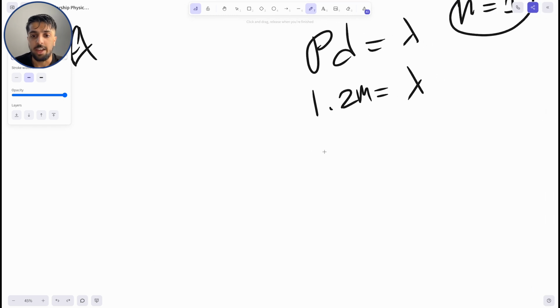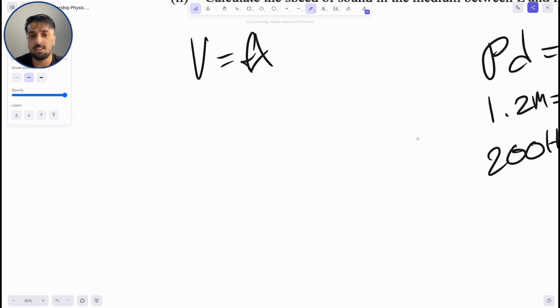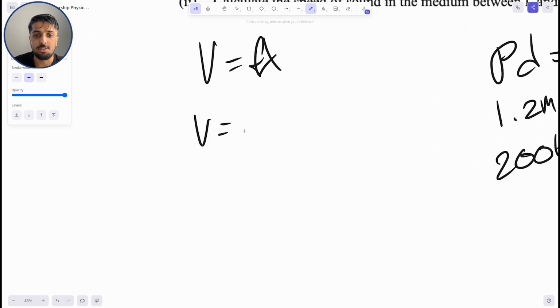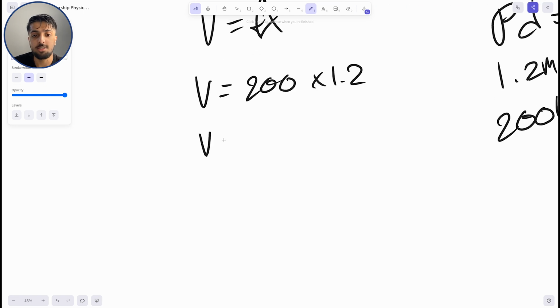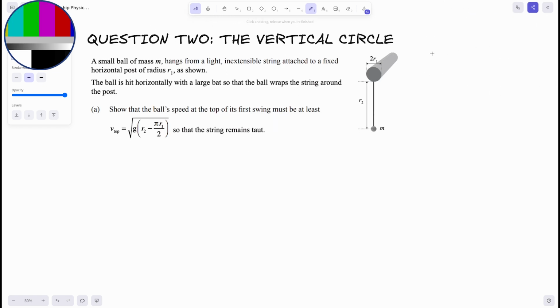So we also know that our frequency is 200 Hz, and so we can plug that in, as v is equal to 200 times 1.2, and this gives us a velocity of 240 meters per second. There we go. A small ball of mass m hangs from a light inextensible string attached to a fixed horizontal